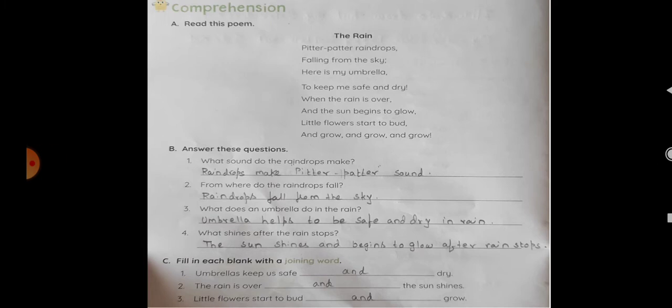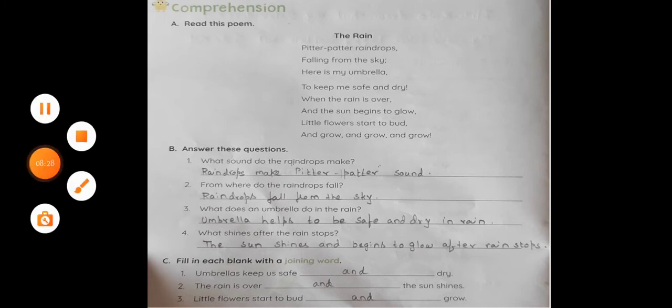Now, with this, I am ending the video. Children, practice well with the Grammarite videos and also the textbook activities and chapters so that you can write clearly in the examination. Refer to all the notes, worksheets and Grammarite videos and also the textbook activities and exercises.